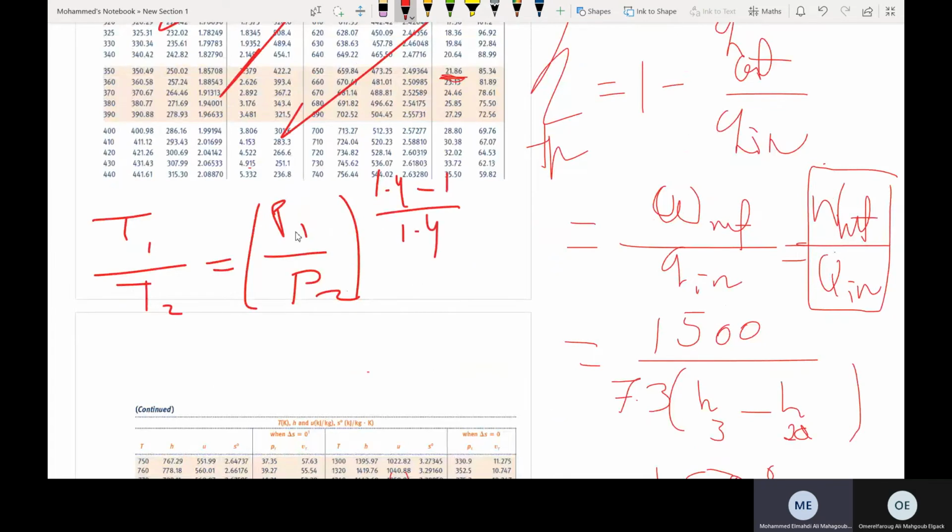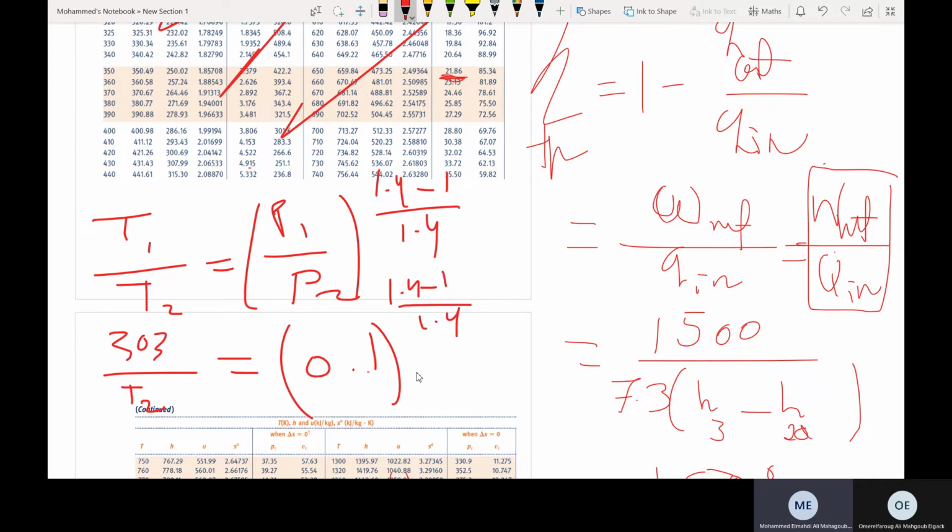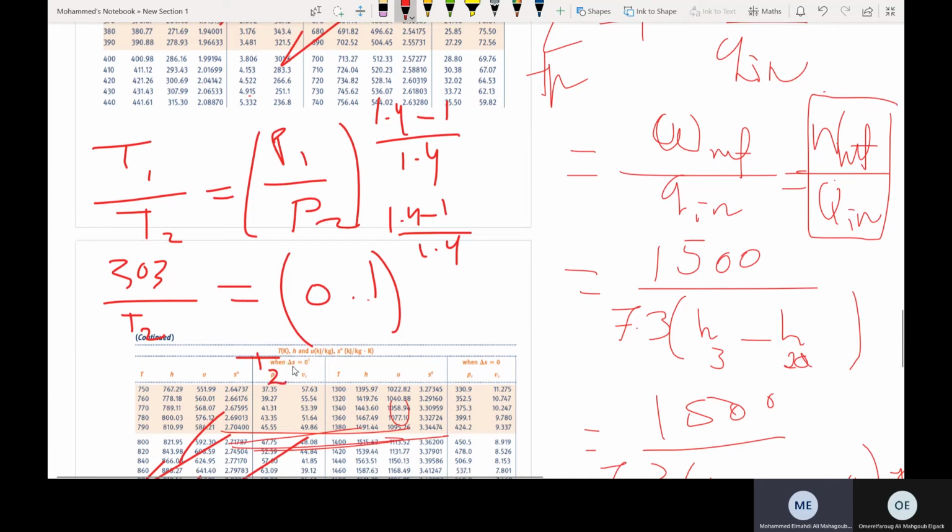And pressure 1 over pressure 2 is 0.1 because it tells me that the pressure ratio is 10, so pressure 1 over pressure 2 is going to be 0.1. The pressure ratio is the higher over the lower, and now I'm dividing the lower over the higher, so it's going to be the reciprocal, 0.1. Temperature 1 is 303 over temperature 2, the one that I don't know and want to calculate, to the power (1.4 minus 1) over 1.4. Now I get my temperature 2, the actual one, which is equal to the isentropic one because I have 100% isentropic efficiency. It is going to be